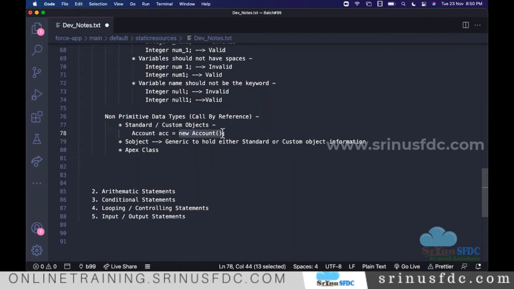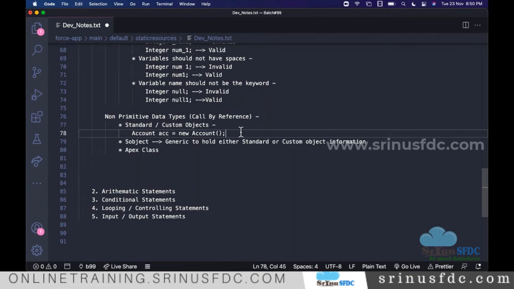This is the memory the system allocates, to hold one row in the Account table. When we assign this to the variable, what it holds is the location where this memory is allocated to store the data.